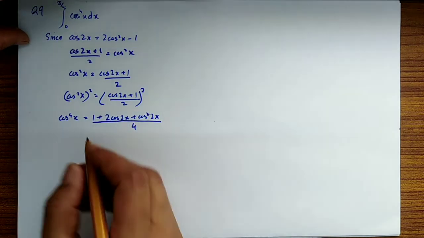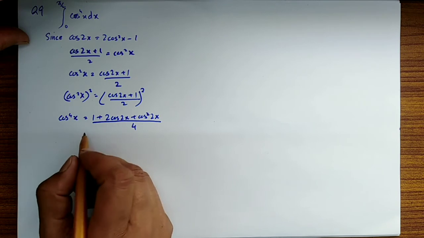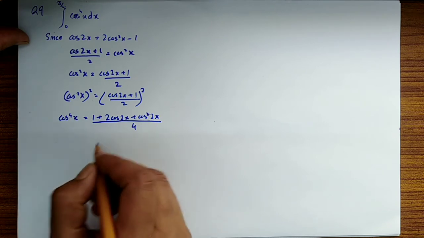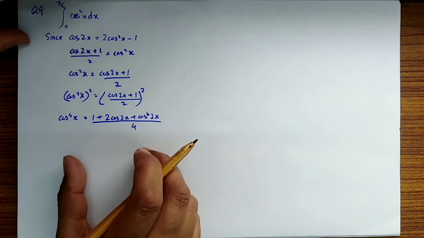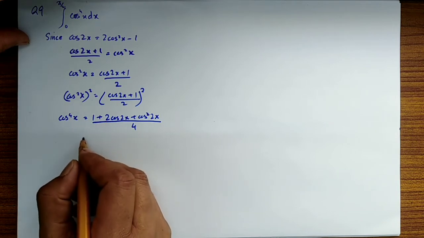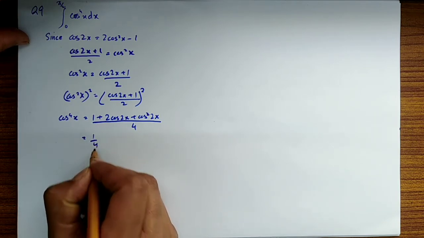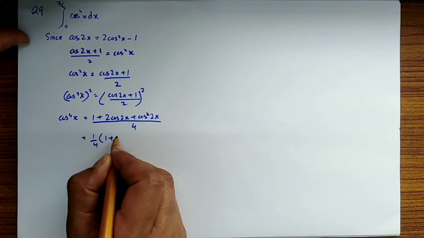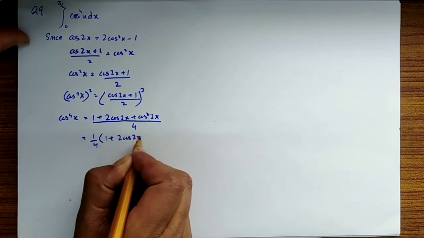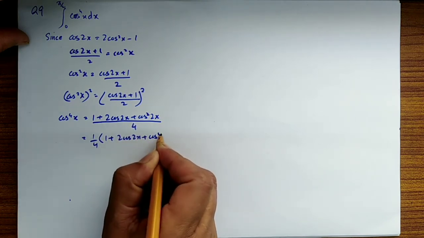Okay, we are going to use this identity in our solution. First we are going to simplify this into a simpler form. We can take 4 as common outside. 1 plus 2 cos 2x plus cos square 2x,